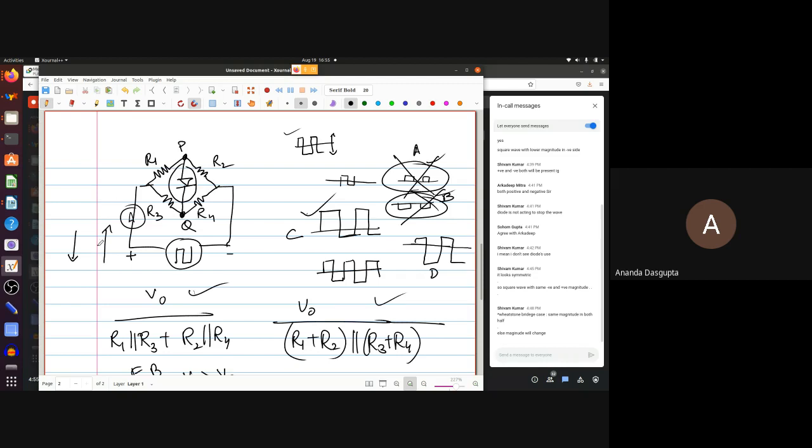Suppose current were flowing this way. Now, let me just give you two specific numbers. Let's say this is 4 kilo ohms and this is 1 kilo ohm. And let's say this one is 2 kilo ohms. Not a balanced bridge, right? 4 by 1 is not equal to 1 by 2. But now can anybody tell me, when the current is flowing this way, that is when the positive half of this input cycle has occurred, is the diode going to be forward biased or reverse biased?